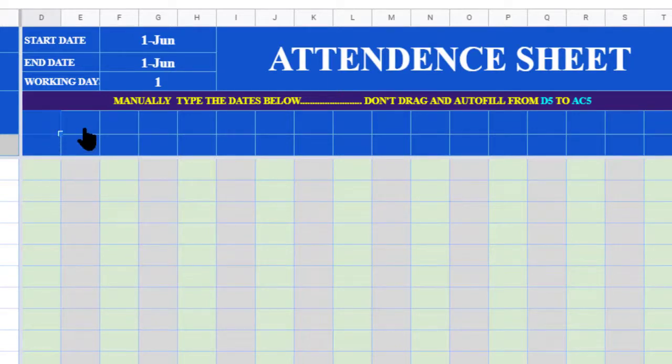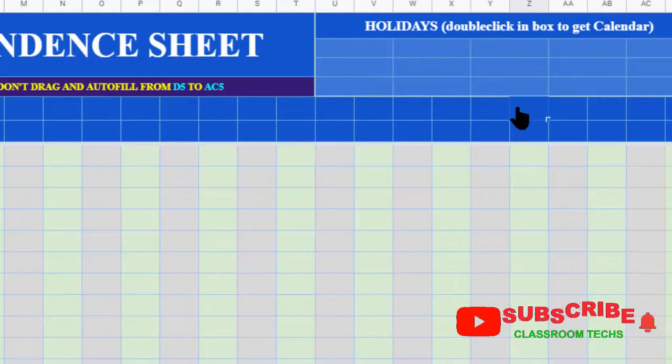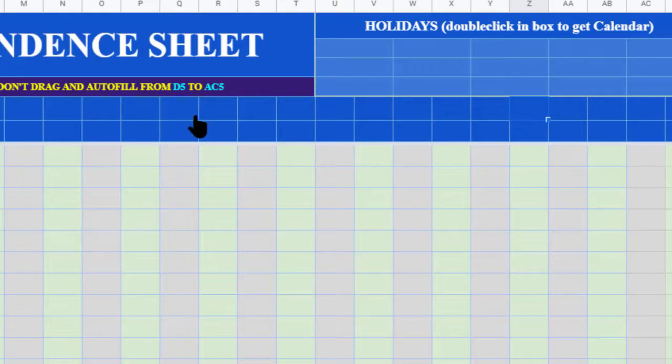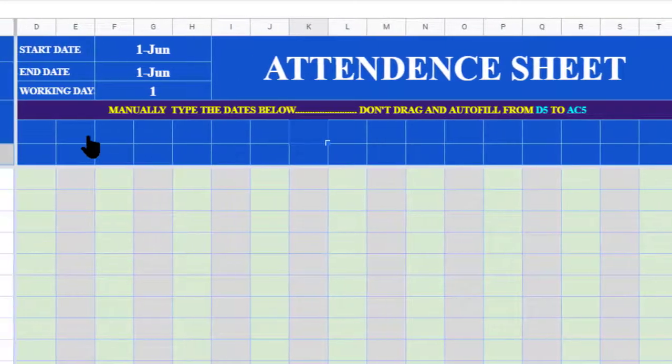But in the second cell greater than 1, the third cell greater than 2, fourth greater than 3, fifth greater than 4. Okay, if this is a 17, greater than 16, we have to type. If this is 25, you have to type just one below, just minus 1. Okay, if it is 8, we have to type greater than 7. Like that we have to type.